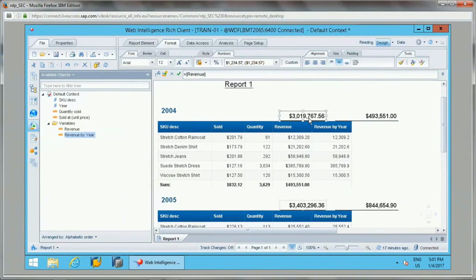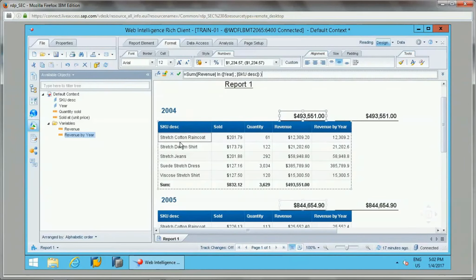So if I want to make it like this as well, sum of sales revenue in year and SKU description. See, now this has also changed. So this is the forcing of input calculation context.